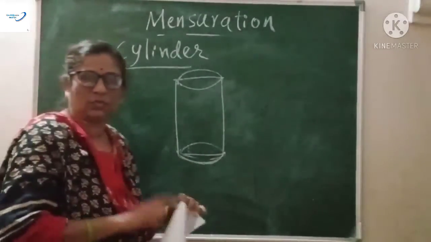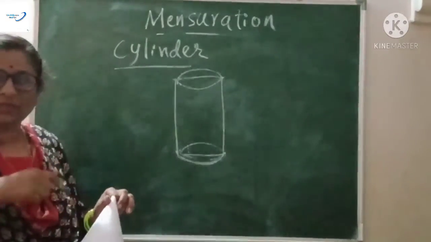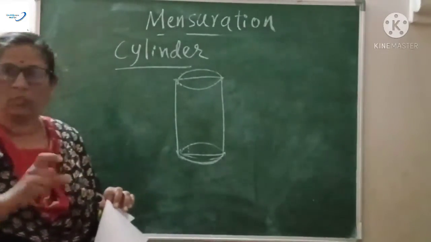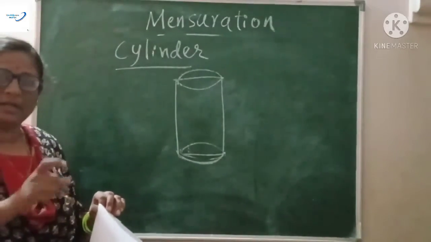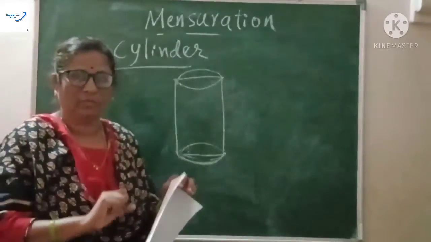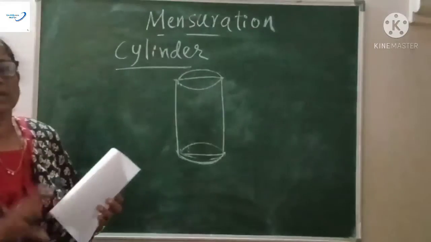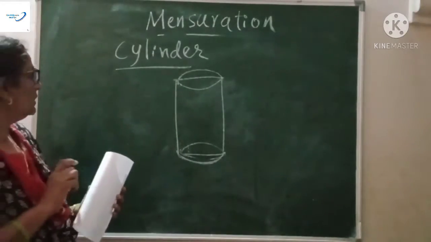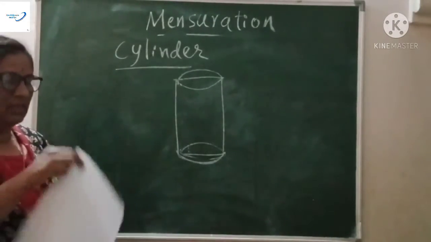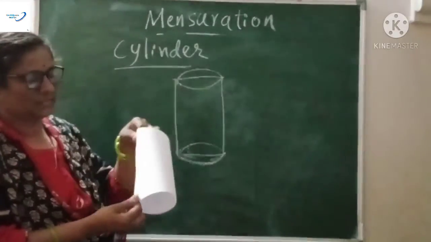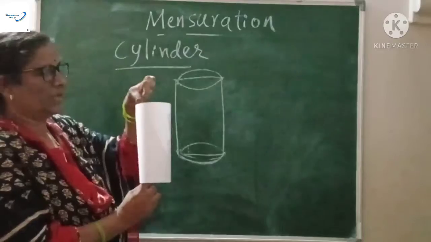In the previous class also I explained how to find the areas without memorizing. Just by understanding the diagrams like cube and cuboid, you can remember and get the formulas. Now in the same way I will explain how you can find the areas of this cylinder also, without memorizing. Very simple. Suppose I make a form of a cylinder. When I close it, it becomes a cylinder.